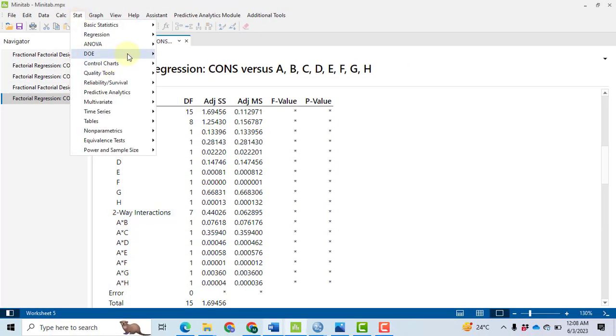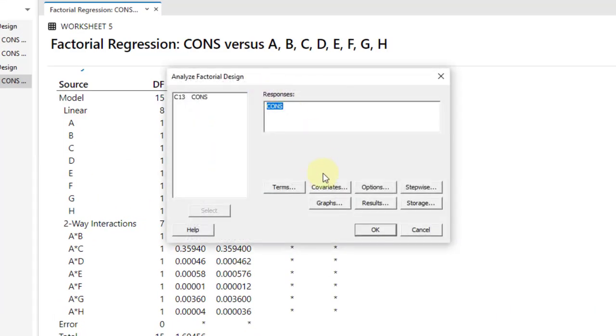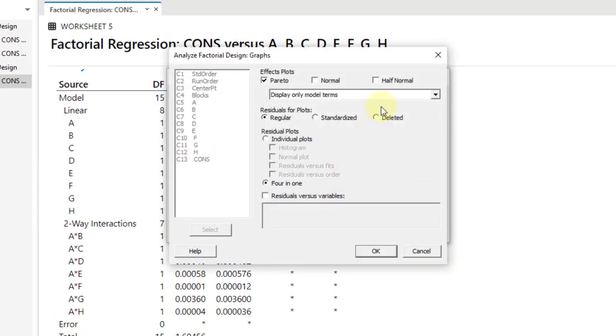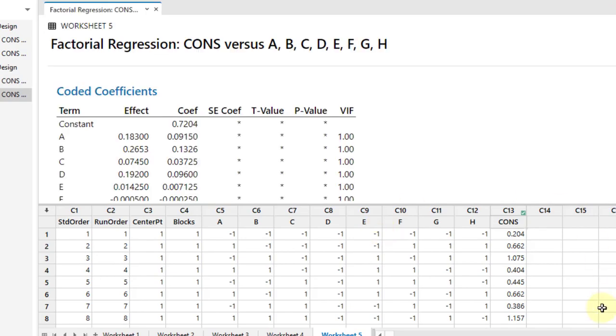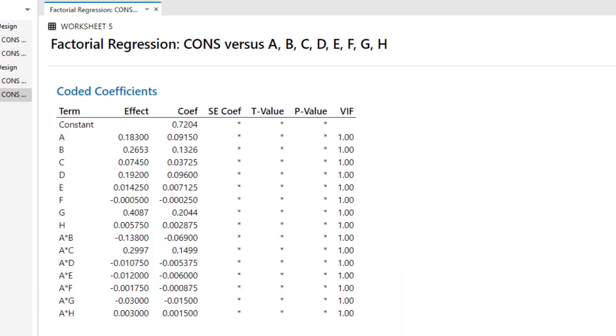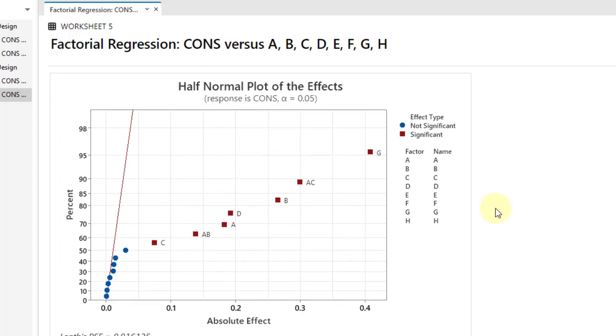So go to Stat, then DOE, then Factorial, Analyze Factorial Design. In the graph, click on half normal plot. So click OK, and then click OK. Again, output only, come down and focus on this half normal plot. So here